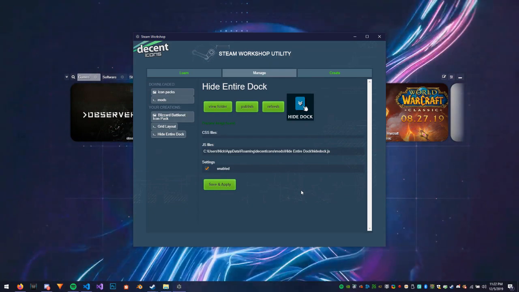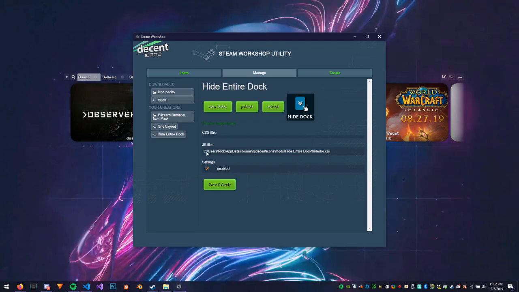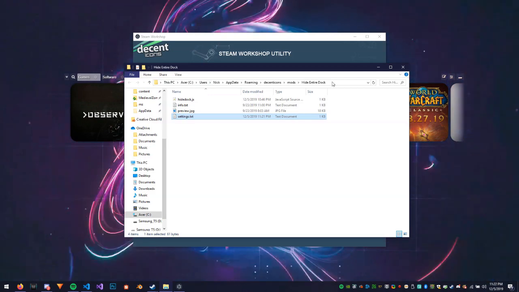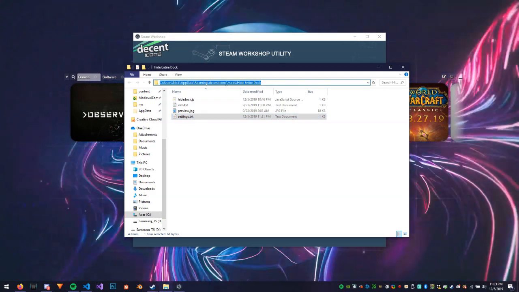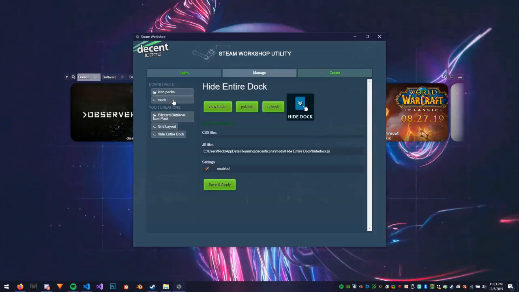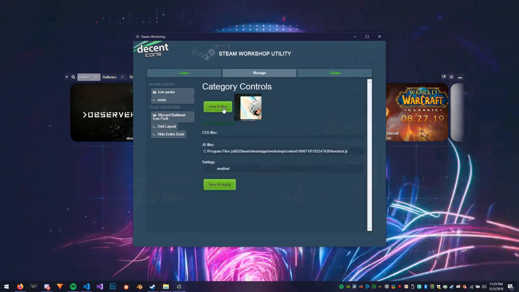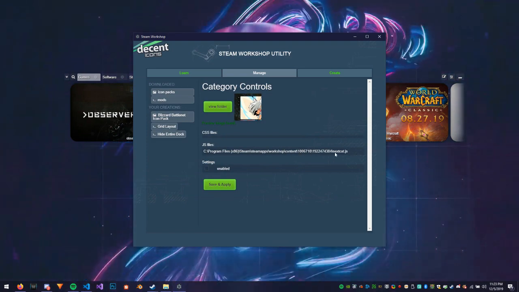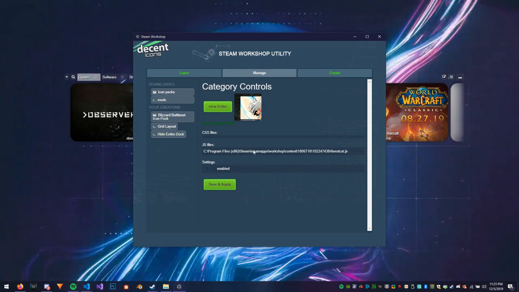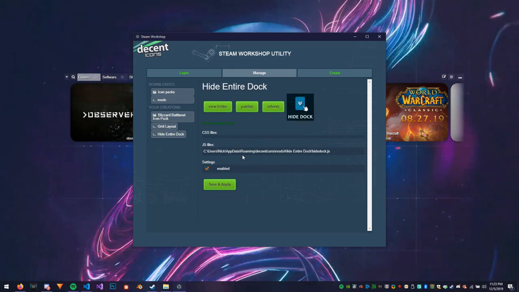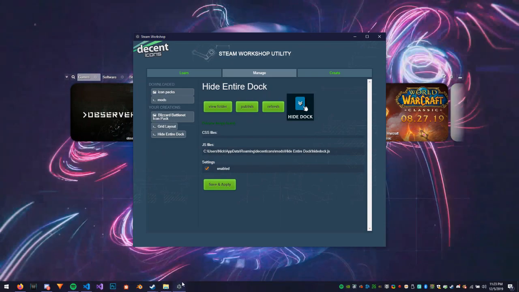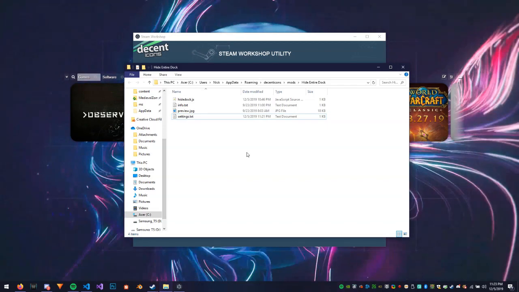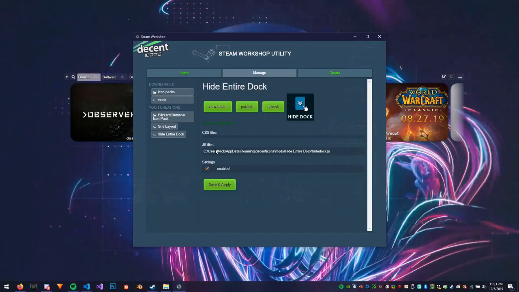We are also going to talk about your mod folder, because as you can see currently the mod folder is in our app data folder, roaming, Decent Icons, mods, doc folder. But if someone were to download a mod off the Steam Workshop, you can see the folder is in Steam Apps, Workshop Content, and so on. So it's going to be in a different folder depending on every user. So you're going to need to have access to this folder regardless of wherever the mod is installed. So I'm going to show you how to do that, as well as create and access